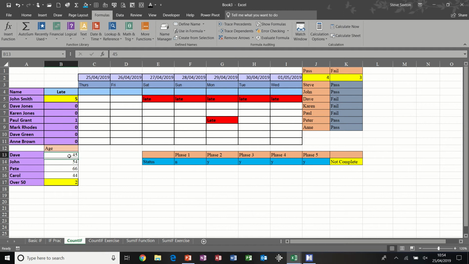And there are 2. If I change that to 55, there'll be 3. Now this one over here where I've got pass and fail, I've called this blue area status. And then basically the CountIF function is looking down status to find what's in J1. So in J1 is the word pass. So it's counting how many passes there are. And if I pull a few passes down,